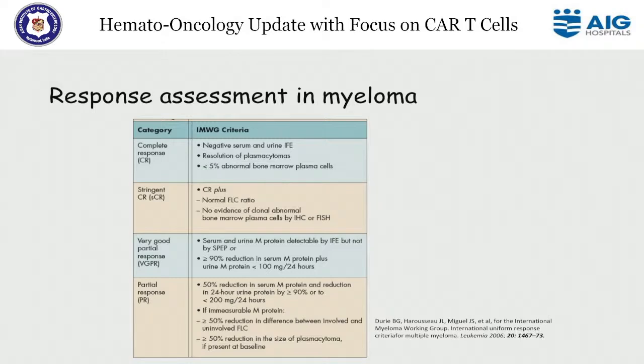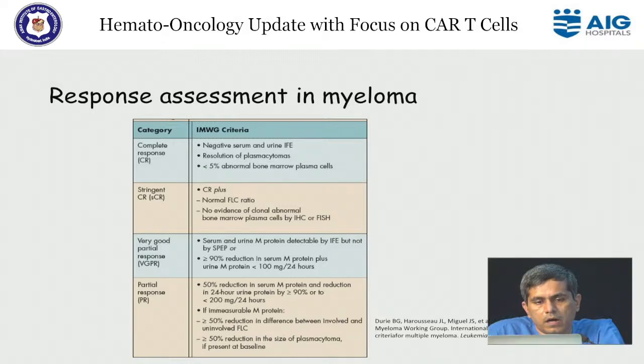Those positive things should become totally negative on the serum and urine as well. There should be a complete resolution of plasmacytoma, and usually we don't do the bone marrow examination unless the patient is planned for a stem cell transplant. So bone marrow clonal plasma cells should be less than 5%. Stringent CR